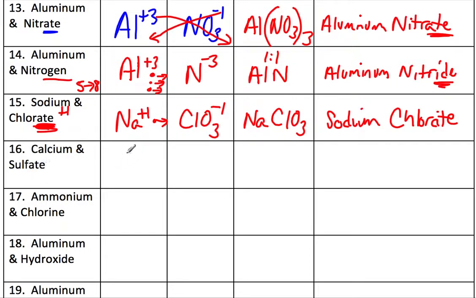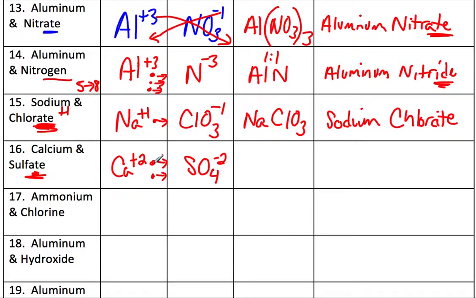All right, calcium's hooking up with sulfate. Calcium, you look on the periodic table, it's in group 2, so it makes +2. It says here, take my 2 valence electrons. And sulfate, "ate," not "ide," "ate." So it's sulfur with oxygen added to it. How many? Well, you just have to look this up or memorize it. Sulfate is SO4, -2. It's always SO4, and it always has to gain 2, which makes it a perfect partner